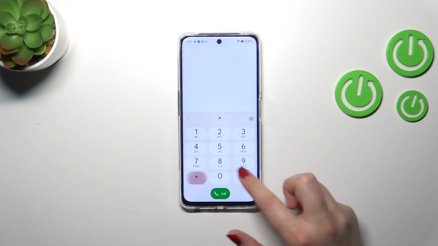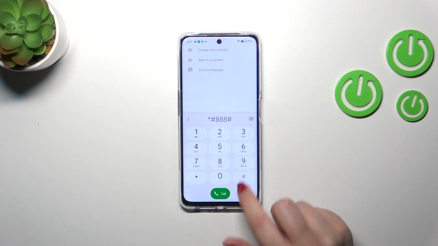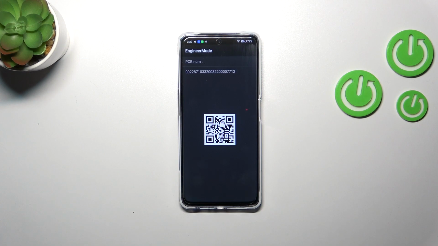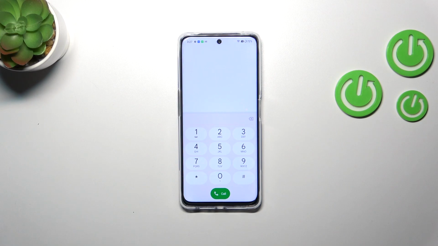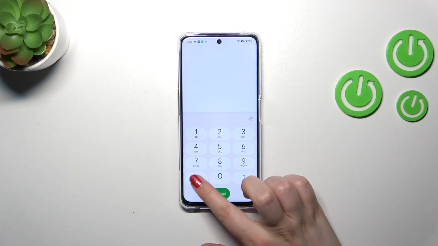And the code for it is *#888#. And as I said, we are in the engineer mode. Here we can check the PCB number, and you can scan this QR code with another device and check the information about the hardware. Let's go back, and let me show you another code,